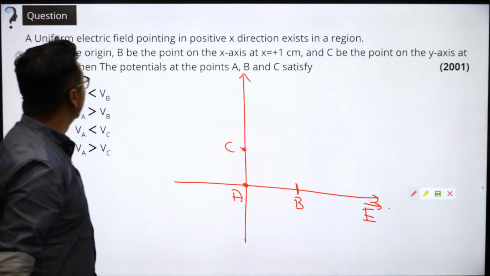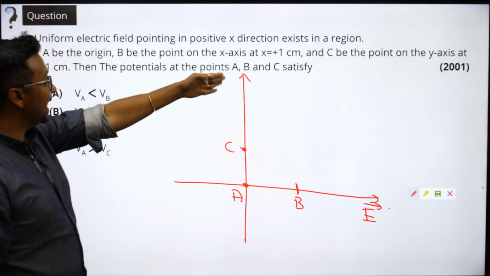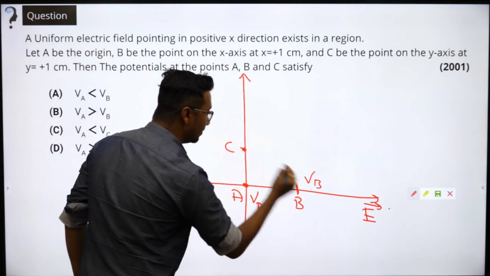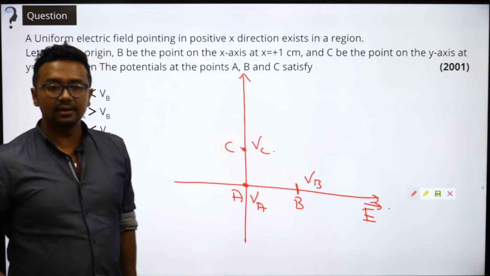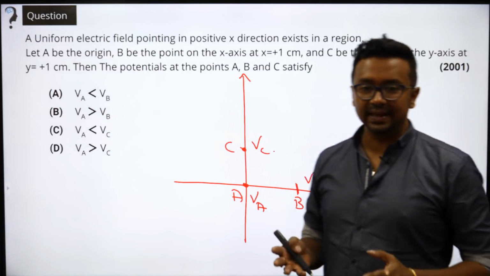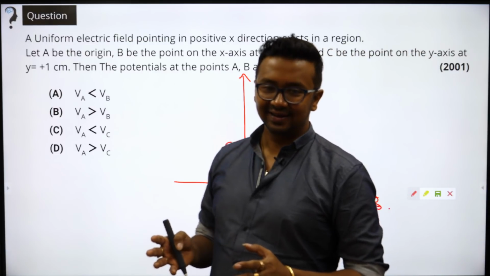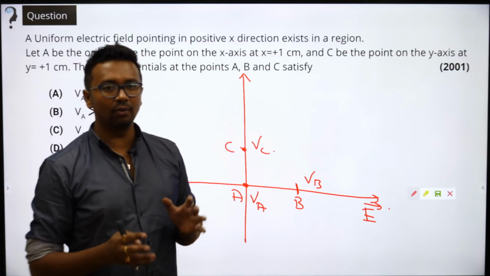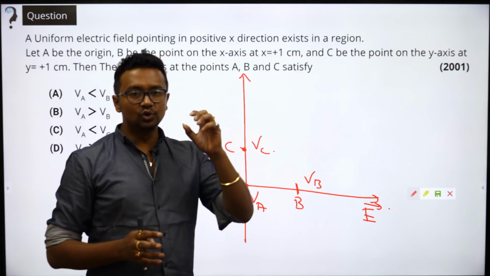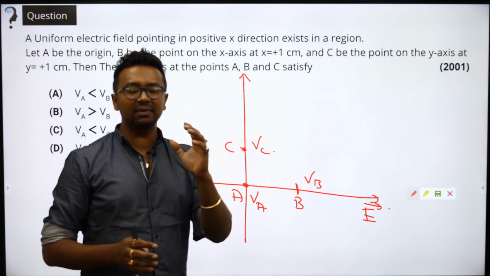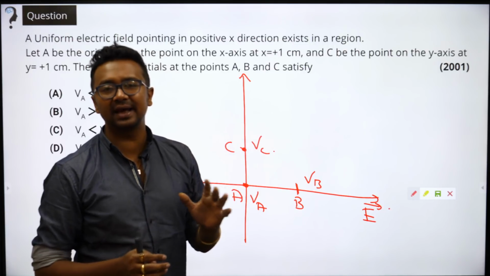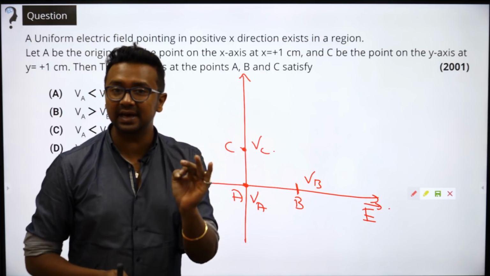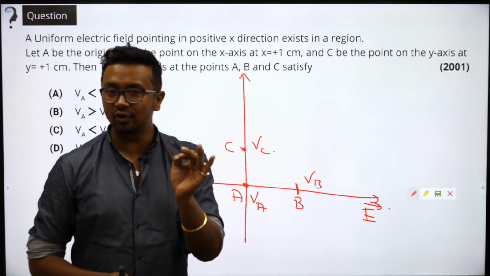Okay. Now the potential at points A, B and C. So this is VA, VB, VC. Look guys, one simple thing out here. There is not much of a special question, but it is a very important concept, which, I mean in a very basic sense, has been used multiple times in the questions that have appeared for JEE Mains.